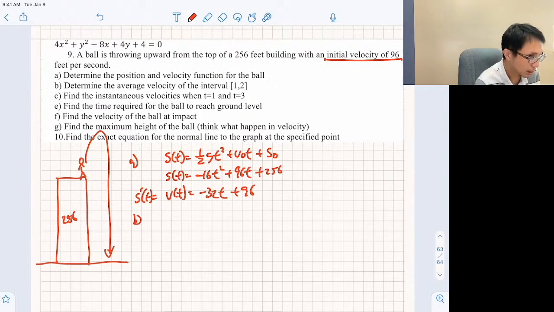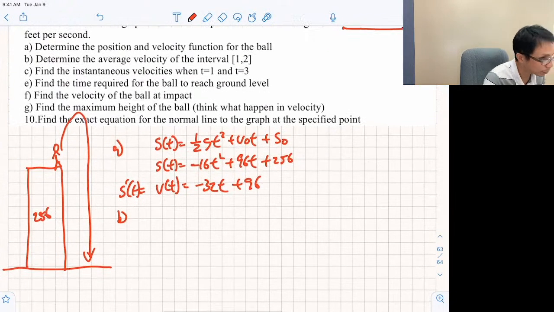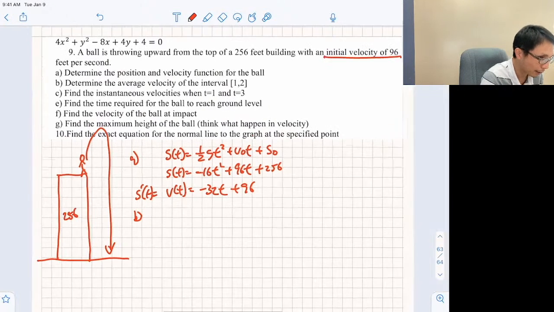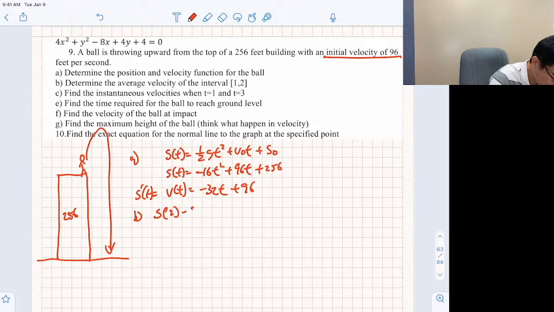Finding B. Can you find the average velocity? Again, is it changing position over changing time, or changing velocity over changing time, if you're trying to find the average velocity? The misconception is the latter, but it's not true. It's changing position. So what are you supposed to do here? Plug the 1 and 2 into the position. So don't make that mistake. Before, it was okay, but now I have to teach you, so you cannot make this mistake anymore. Please, on the AP exam, understand the average velocity is S of 2 minus S of 1